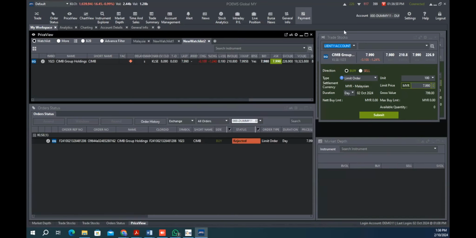For any further help, go to the help icon and click on User Guide. It will show you a full guide on the basic functions for Poems Global 2.0 desktop version. Lastly, to log out, click the logout icon and click